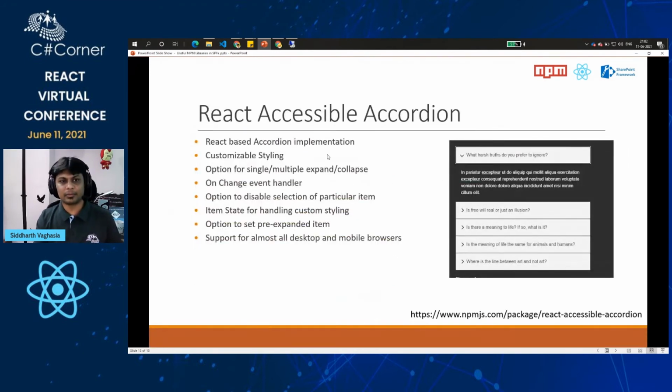Okay, then accessible accordion. Now I'm pretty sure this would be one of the basic requirements, getting an accordion done, right? And there are lots of accordions available, I would say. Why I would highlight this is that it is based on React, which means it can be easily used on a React based project. And the styling is customizable.